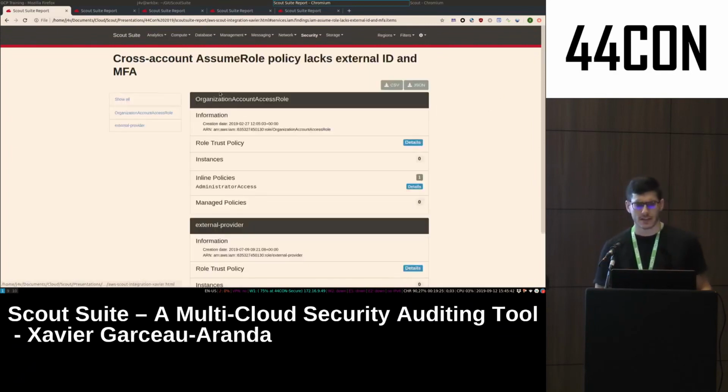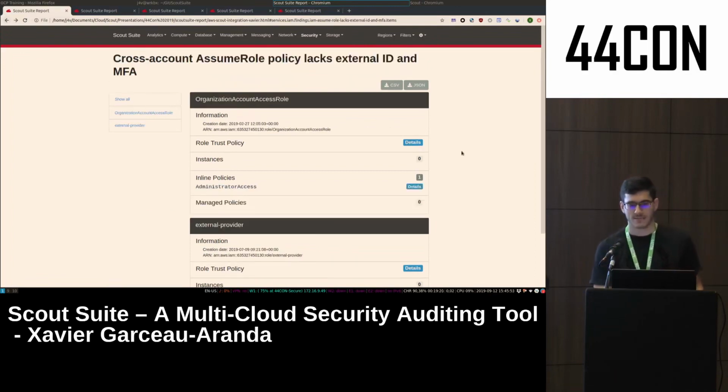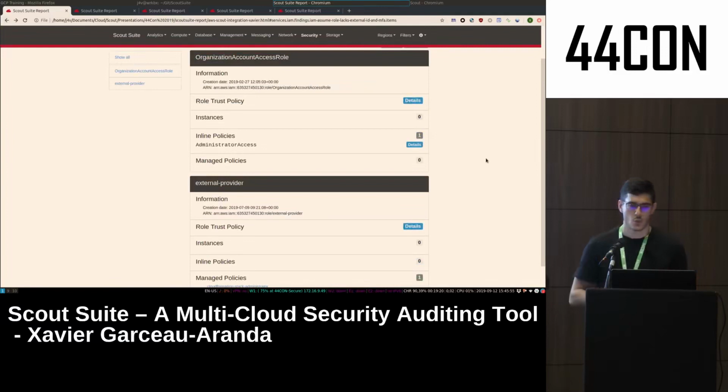If we click on the finding, what we'll see is the different resources that were affected by this specific issue. If I go on show all, it'll basically show all of the IAM roles within the account. But this specific finding only flagged these two